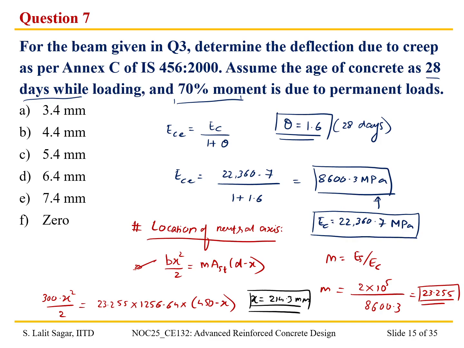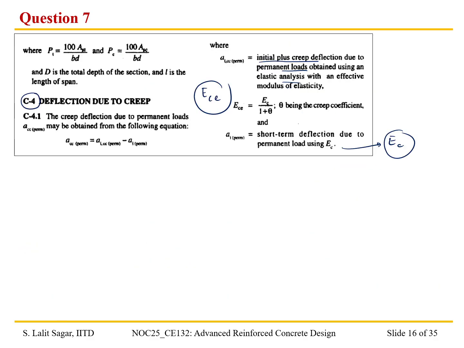This is the value of x that we're going to get. Okay, we'll proceed to the next part. So once you have calculated the neutral axis, we need to determine the crack moment of inertia and the effective moment of inertia, right? So let me take a different color. Right. So ICR